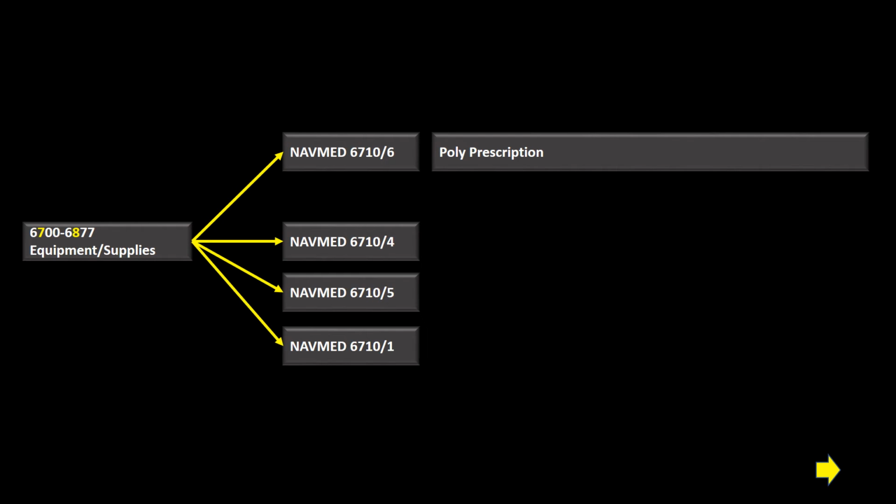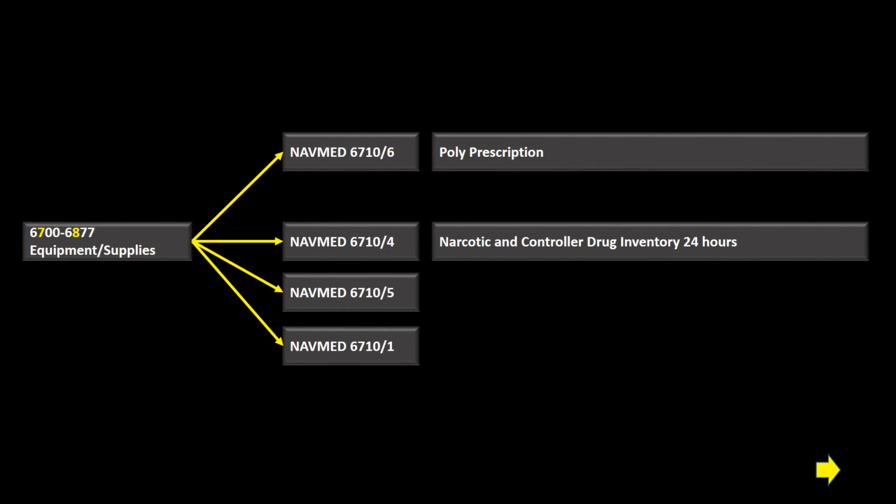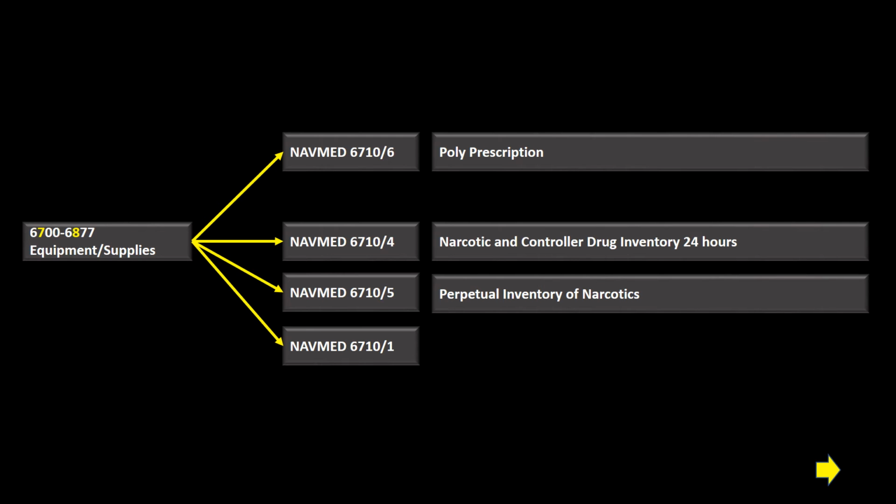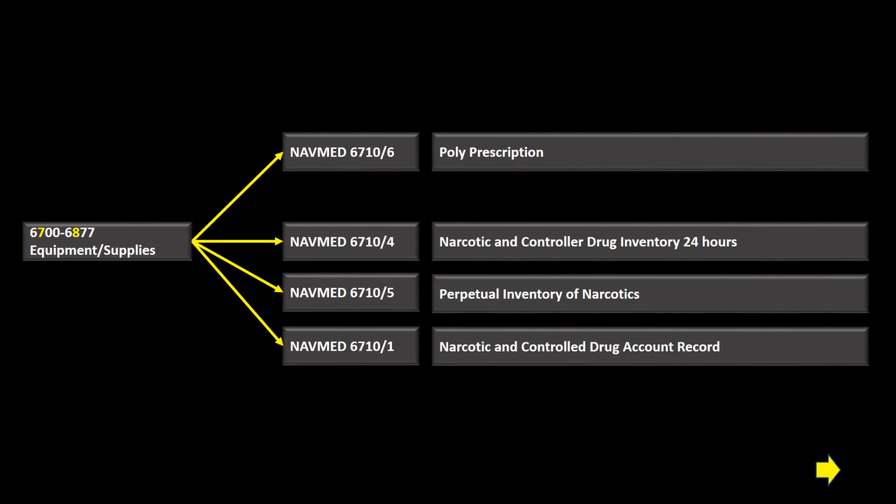our polyprescriptions. Then we have some other Chapter 21 of the ManMed forms, right? Chapter 21 having to do with pharmacy. So NavMed 6710-4, that's our narcotic and controlled drug inventory for 24 hours. Our NavMed 6710-5, that's our perpetual inventory of narcotics. And our 6710-1, that's our narcotic and controlled drug account record. But just remember, when it pertains to pharmacy, that pertains to medical supplies, so that's why it falls under the 6700